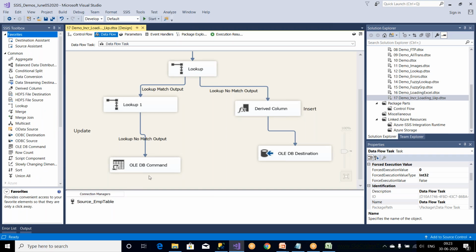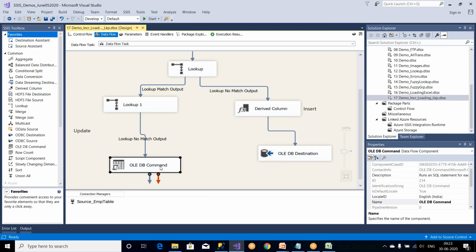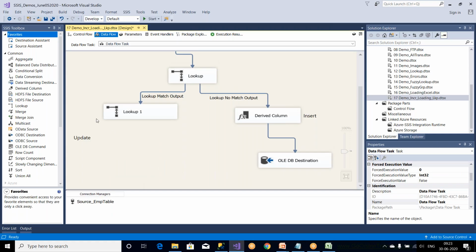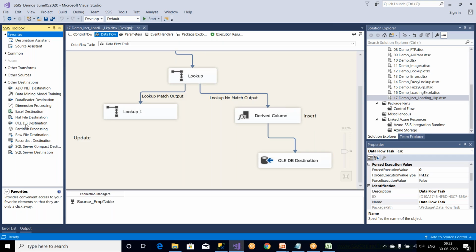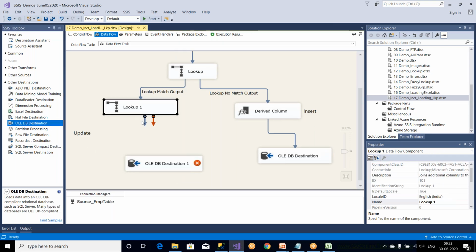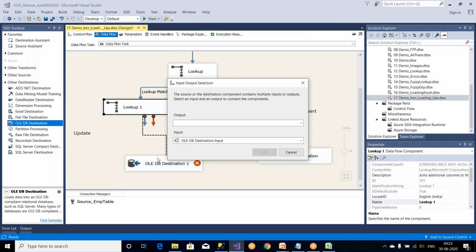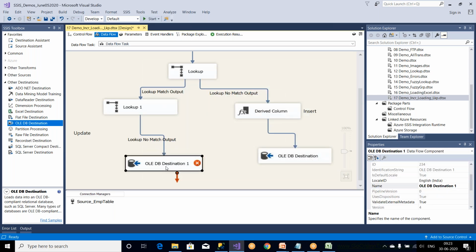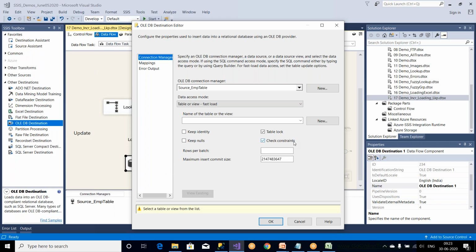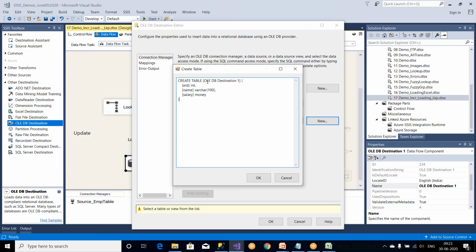What I'm trying to do is delete this. Whatever data got updated, I'm going to store into one more table. I'm not going to update directly here. So whatever the no-match data is that I'm getting here, I want to create one table for it. This table is called a staging table, or you can say a temporary table. You can give some name,